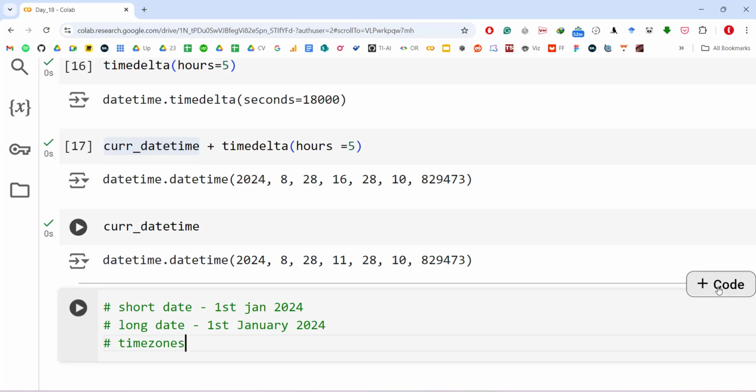You can change time zones, you can work with specific time zones as well. Especially let's say you're working with a flights dataset, right? There you will have flights across different time zones, starting from one time zone in one country and traveling to another time zone in another country, right? So there you might have to work with time zones as well. And then the difference between